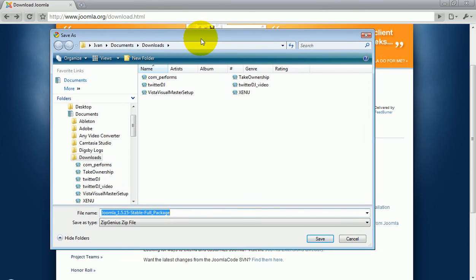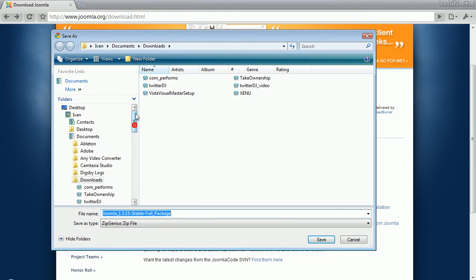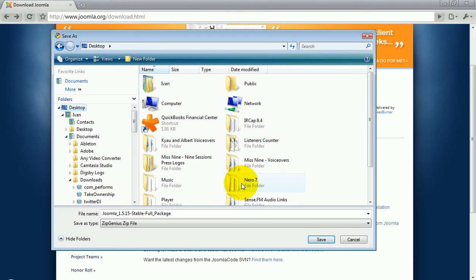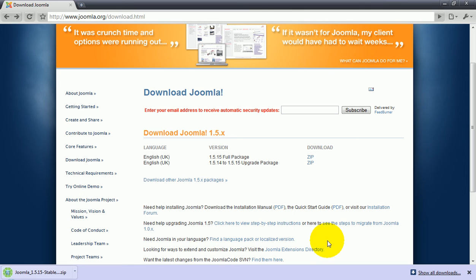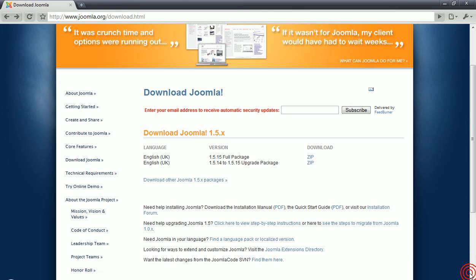Go ahead and save that onto my desktop. Okay, so now we have the latest version of Joomla 1.5,